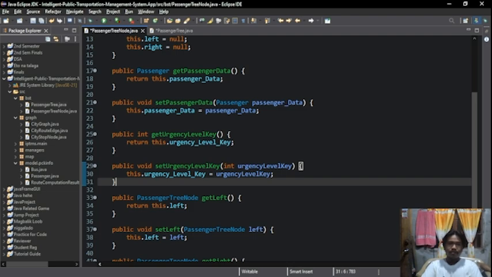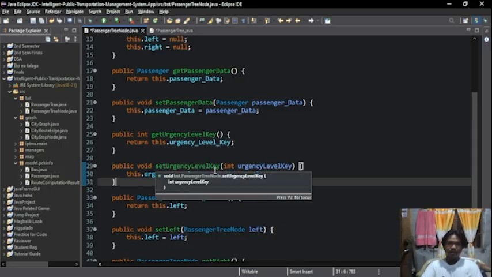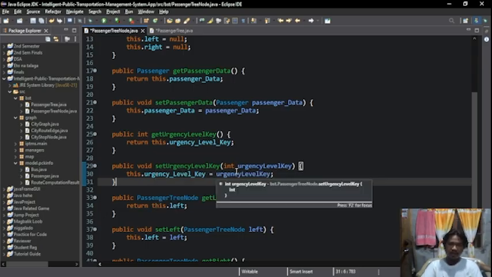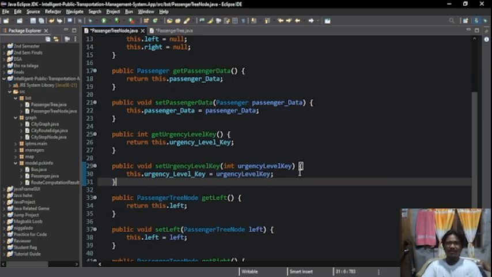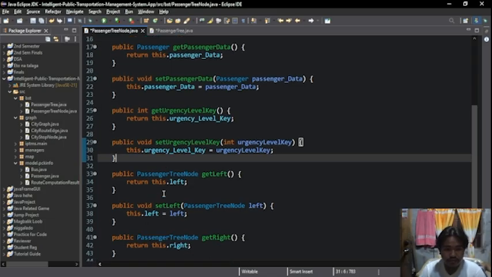The next method is the set urgency level key method. The set urgency level key method updates the urgency level key for the node. Future features that allow urgency updates will rely on this to adjust a passenger's priority.